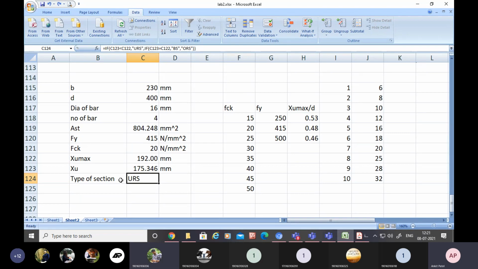Clear? Yes sir. Now this is your task, that you have to find out the moment of resistance. If your section is under reinforced, then how to determine the moment of resistance automatically? If your section is balanced or over reinforced, then how to determine the value for this type of section, clear? And over here also it will be mentioned that if this one is under reinforced section, then automatically some remark is there, and in the remark it will automatically appear that redesign. That is your task. Now you can do it from your side. Is it okay?